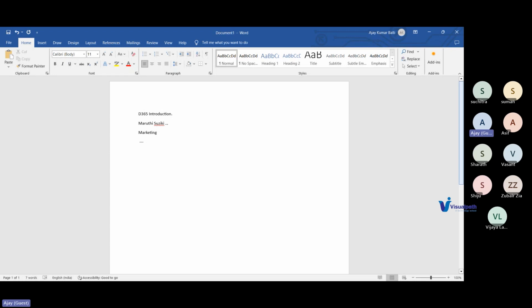So they try to create a list, collecting all the details of the customers who have already purchased their product, and then send them messages and alerts stating that they are going to launch a new product, or modify this particular product. Let's say the latest launch which is going to happen